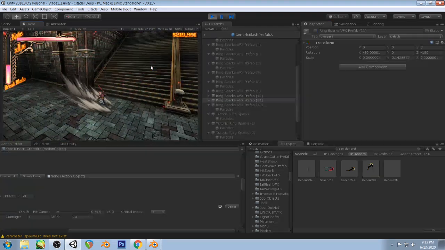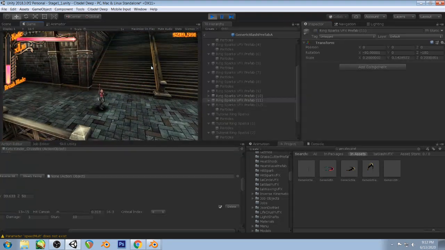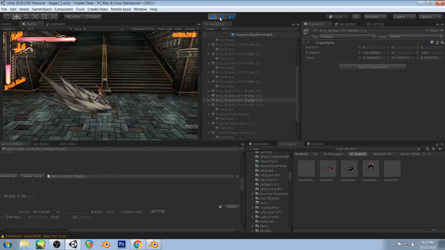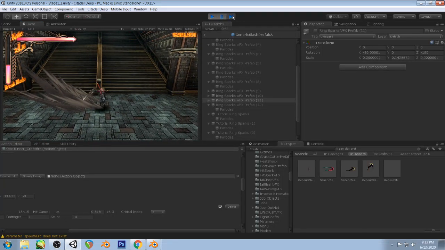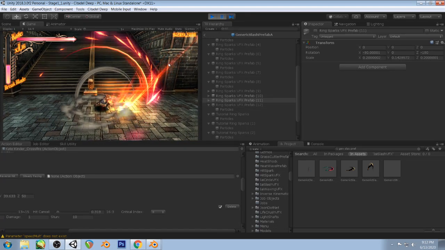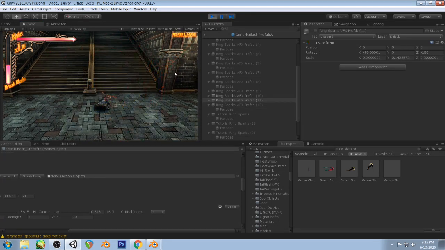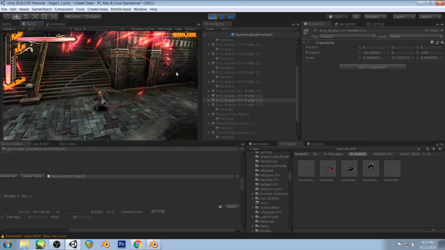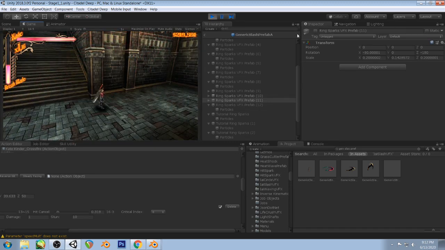We can see on that final swing, it can actually look cool where it's kind of going the opposite direction. Just another thing to consider. Like on those effects, it looks a little weird, but